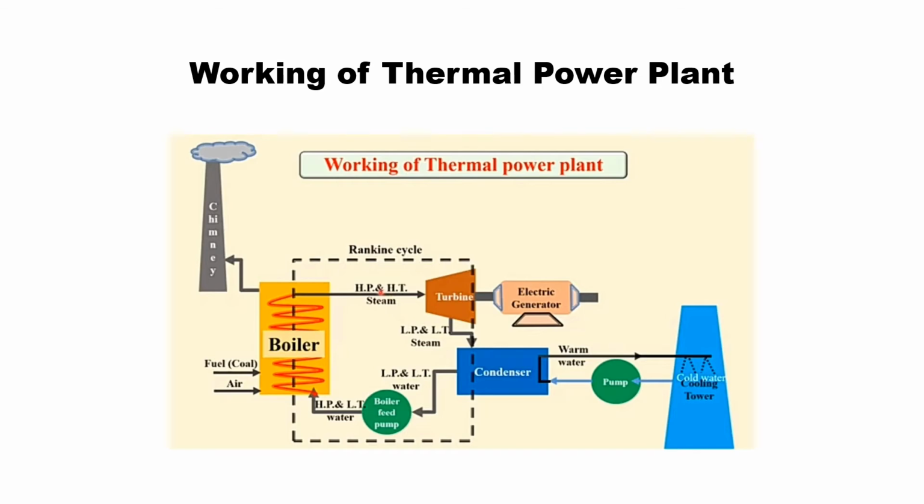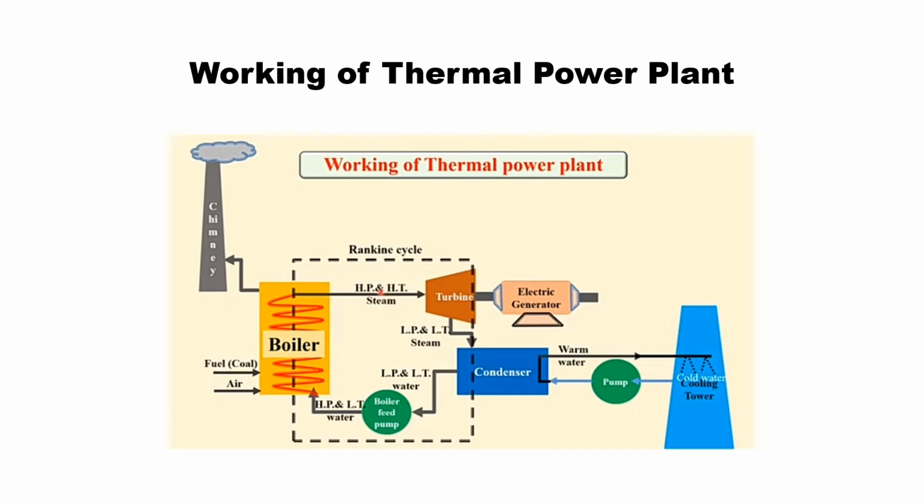From the cooling tower we supply cold water as input in the condenser, which will be used to cool the steam. As an effect of that, the cold water is converted into hot water at the output of the condenser, and that hot water will go to the cooling tower.